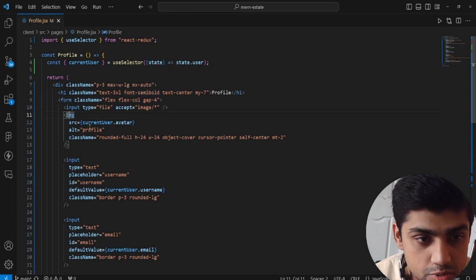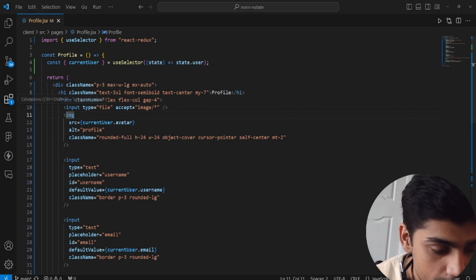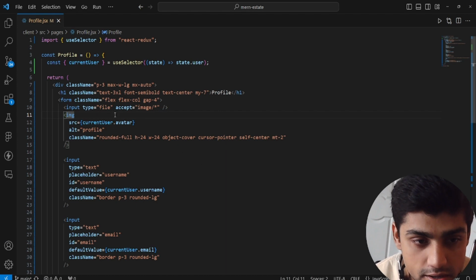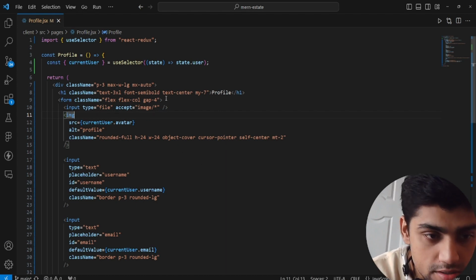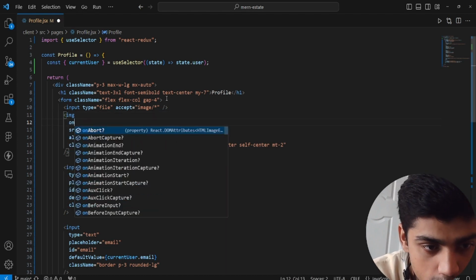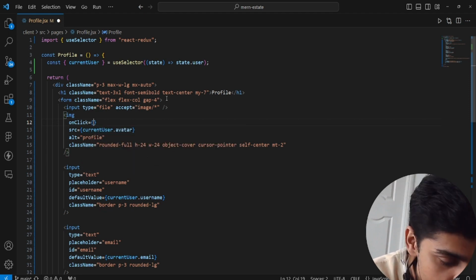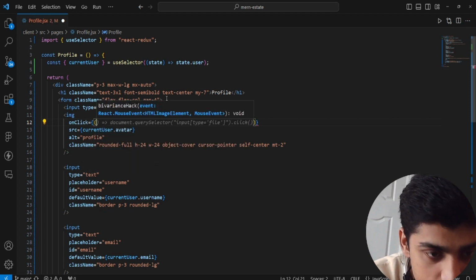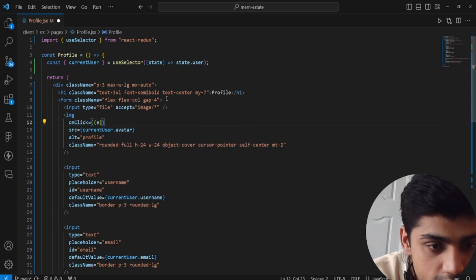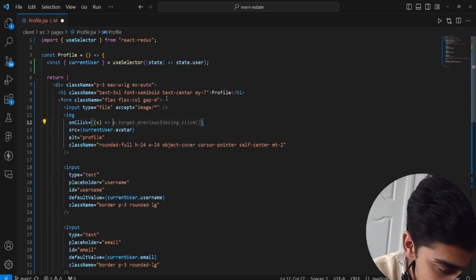The trigger is pretty simple to specify. We go to this image, and we put an onClick. So on the image, I'm going to put in an onClick, and in the onClick, we're going to have an event. Whenever the event is triggered, what you're going to do is